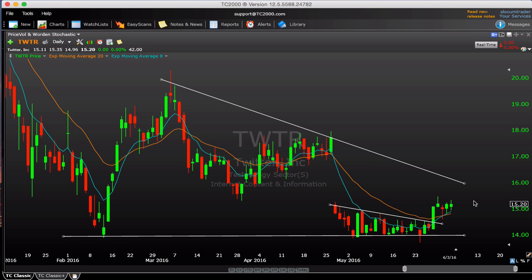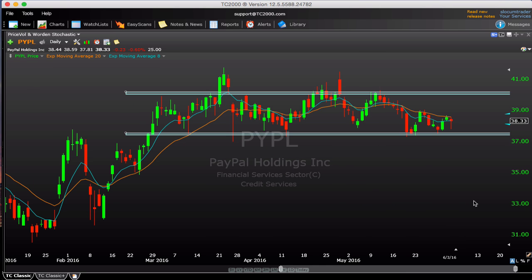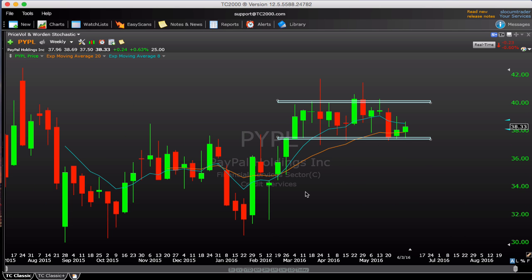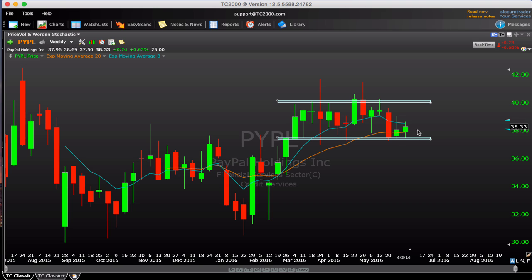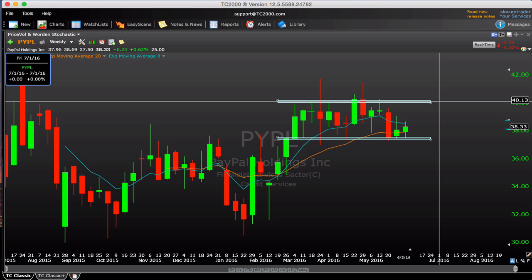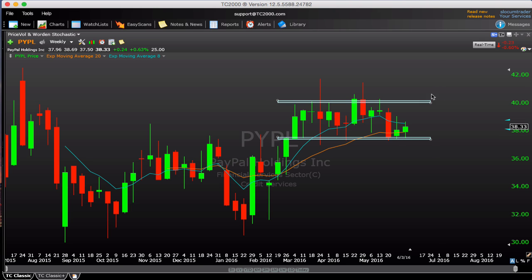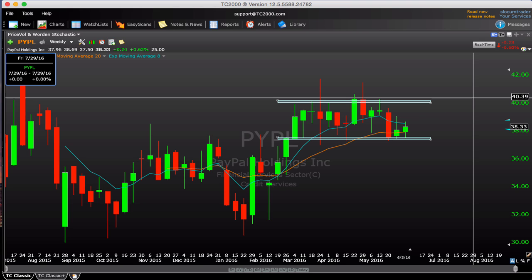Now, getting into some individual names, PayPal, here's one weekly chart, not ready yet. I just want to point it out. It is hanging out, kind of basing, getting really tight in this range. It's at an important support level that is trying to hold this 37.50 level. If it can hold here, maybe you can get back into the top end of this range. $40 is your breakout level. Nice bigger base here all the way from 30 to 40, and then you have this sort of tighter range happening right underneath this major resistance level.